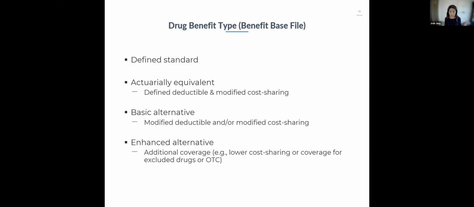Non-covered means non-covered by Medicare Part D standard plans, but those are actually covered by these enhanced Part D plans. So even though Medicare says that we are not going to cover that drug, Part D plans specifically can provide more generous coverage, covering those excluded drugs, or maybe even providing coverage for OTC drugs. So those are all in these enhanced alternatives.